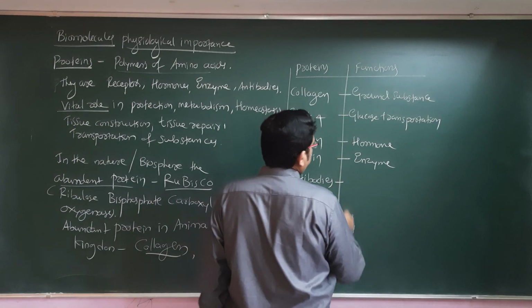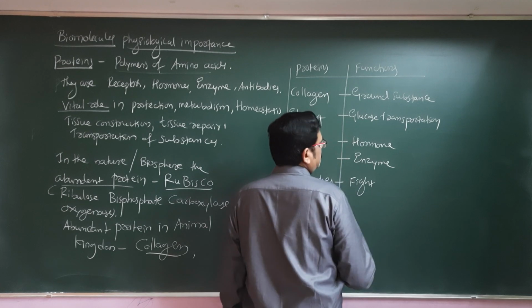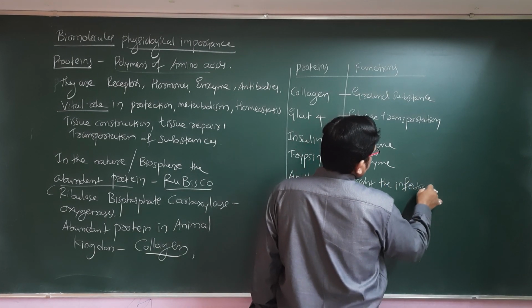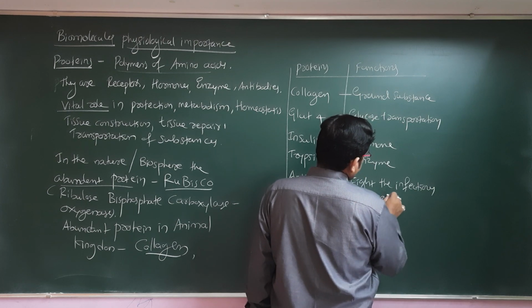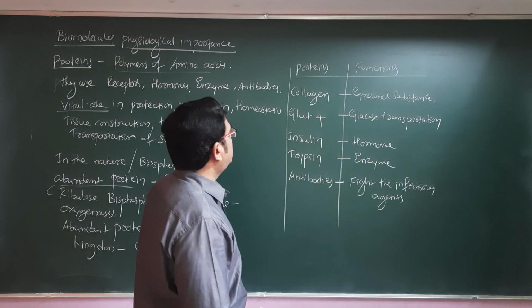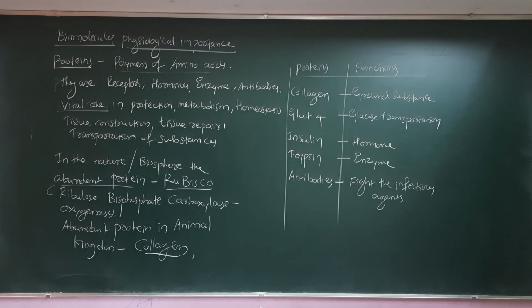Antibodies fight the infectious agents. So these are the most important or abundant proteins that we can find mainly in the human body,